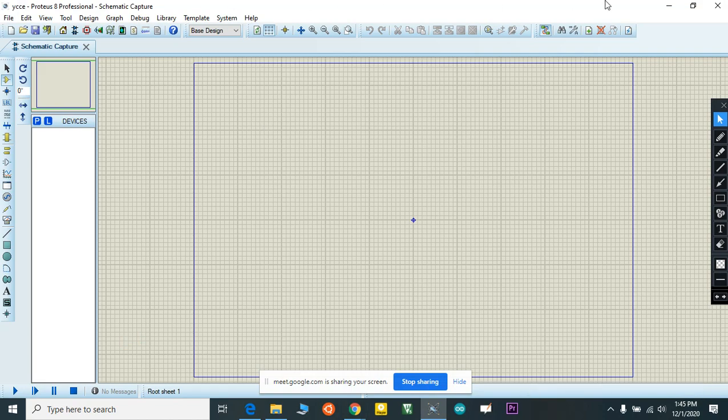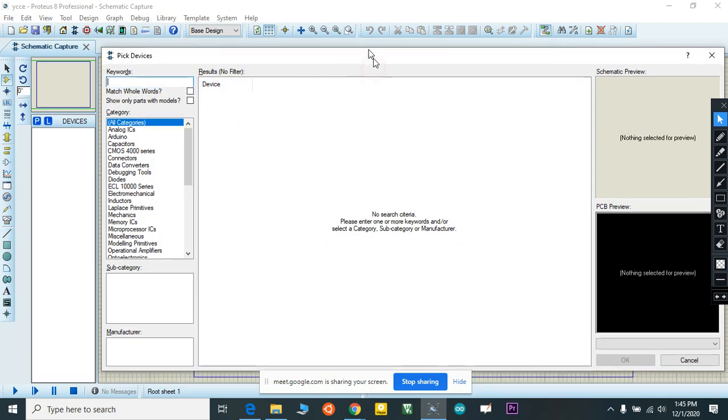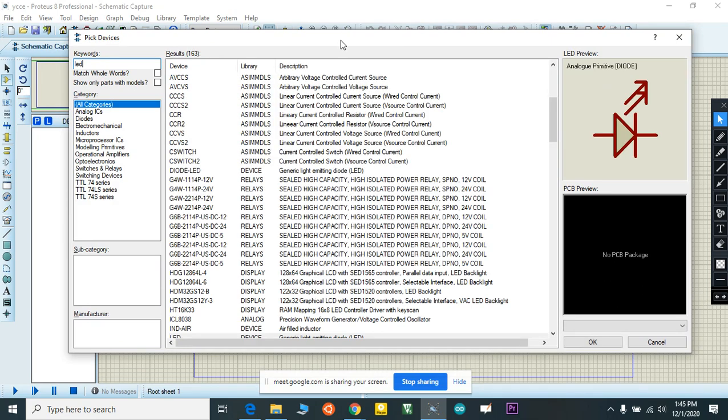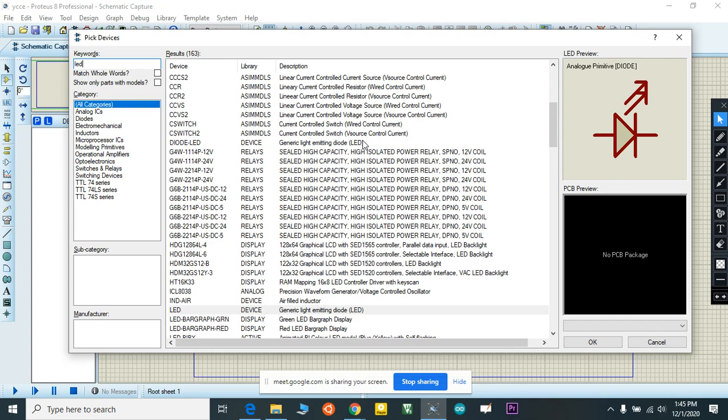Okay, this is our window, and once I select component mode, I'm going to pick some components. First I'll show you a small simple circuit. I need to select one LED, so I just type LED. You can see here hundreds of components. Different companies provide different types of current rating, voltage rating, different types of LEDs and different colors also.